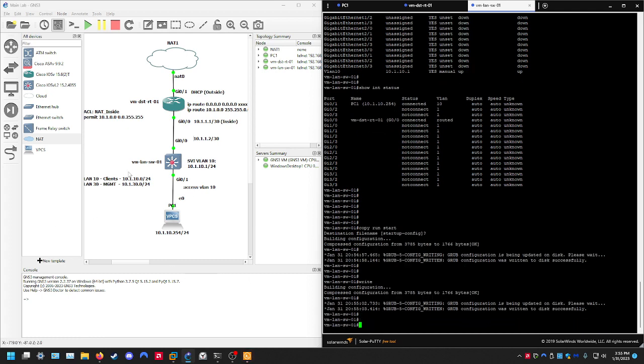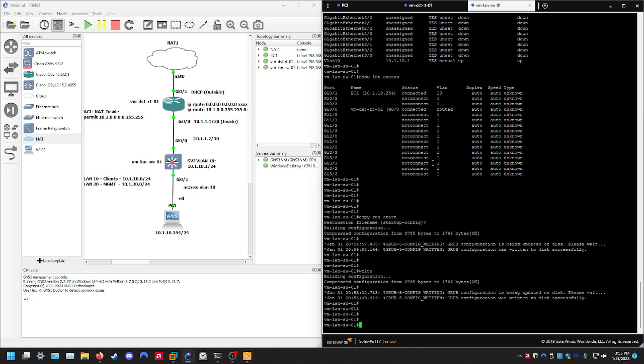Okay, let's see. What are we missing here? We've got our host name. We've set up our SVI. Both our VLANs are looking good. We're also going to want to configure a static route